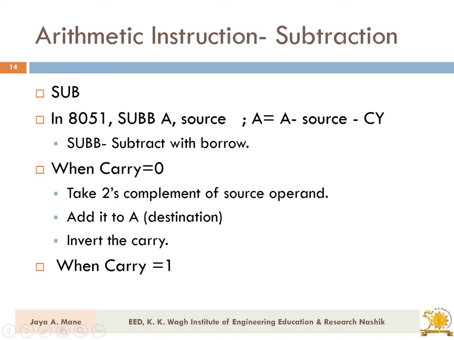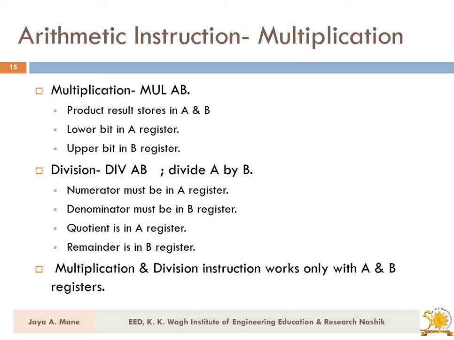Alright, remember this one. This part is very important. You don't have separate subtract circuitry in the 8051 microcontroller. What we do is we take the 2's complement of the number which is to be subtracted, and then add it to the number. So eventually only the addition job is done, but it is the addition of the 2's complement of the number with the number. Alright. The next arithmetic operations are multiplication and division. When you perform multiplication, there again two numbers are there, and we simply perform the multiplication of them. So this is a simple one.